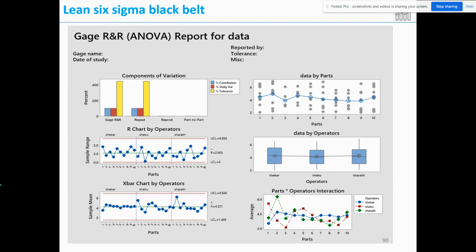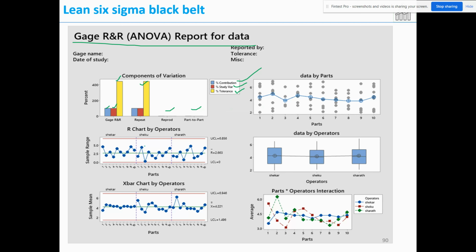Coming to the graphical window, we are going to use the ANOVA method for the gauge study. Here you can see blue is percentage contribution, red is percentage study variation, and percentage tolerance. Coming to the gauge study, percentage tolerance is more, percentage study variation is okay, and the same is for repeatability, and you are not able to reproduce. Then part to part variation is also very less.